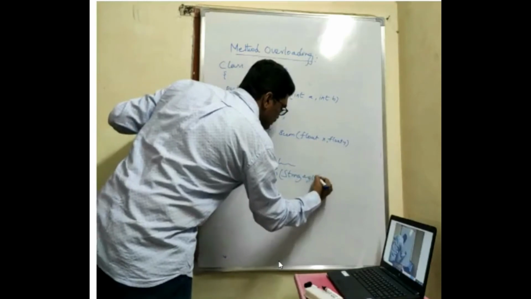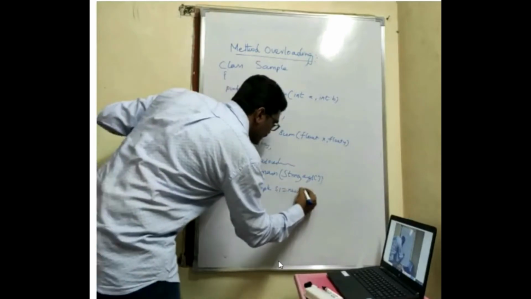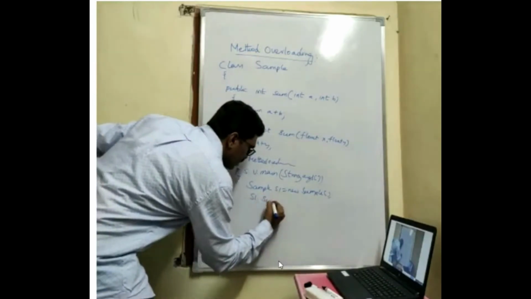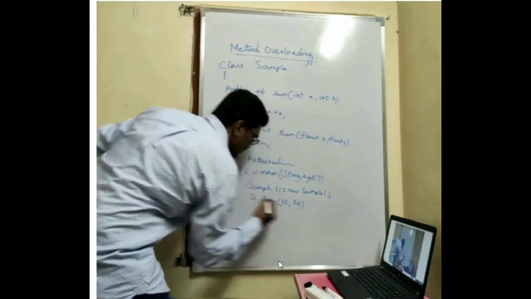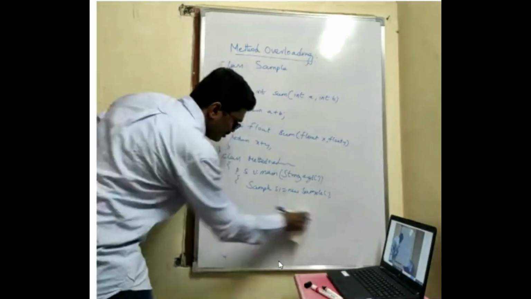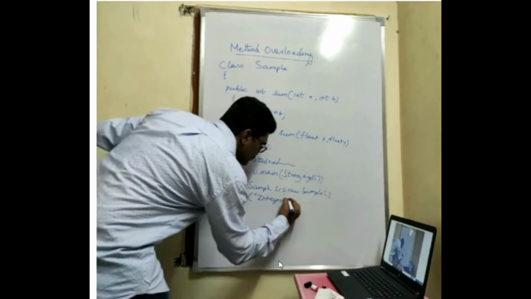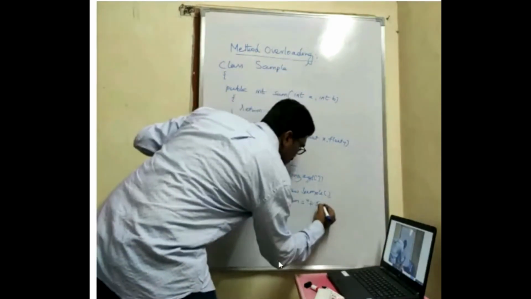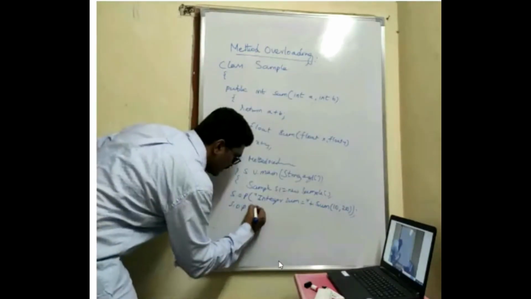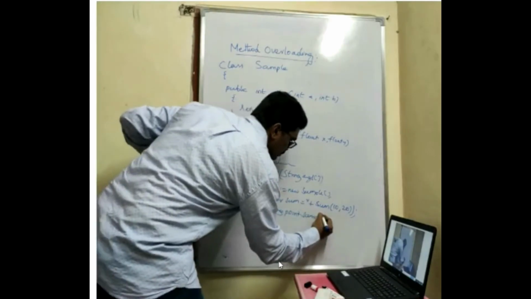String args. Now I create an object for the class: Sample s1 is equal to new Sample. Then s1 dot sum of 10 comma 20. I'll give it in System dot out dot println: integer sum is equal to sum of 10 comma 20. Similarly, System dot out dot println floating point sum is equal to plus sum of